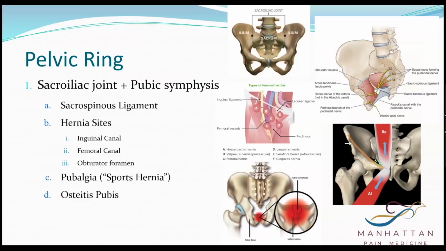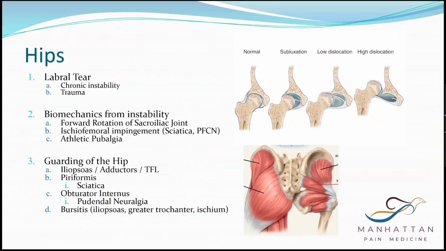If there's extra rubbing of the pelvic ring, then you can have irritation, wear and tear at that pubic symphysis. All right, hips. Labral tears can be from chronic instability or trauma or both. And of course, you can also have hip impingement on top of this. We're not speaking about hip impingement because that's not a very specific hypermobility issue, although it can also happen in